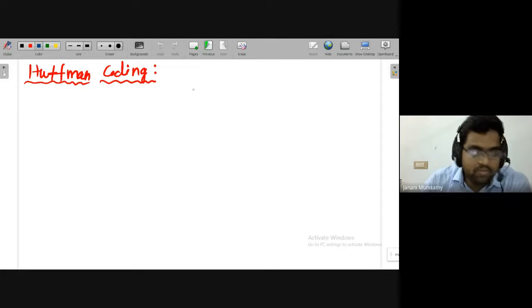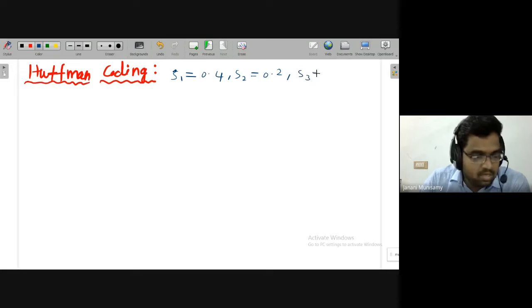Here we are given 4 symbols, each with a probability, say S1 with 0.4, S2 with 0.2, S3 with